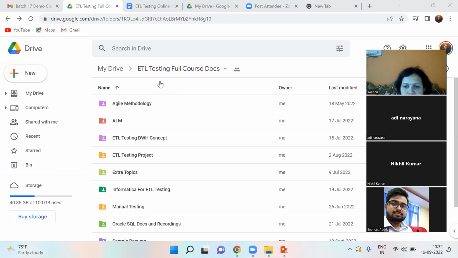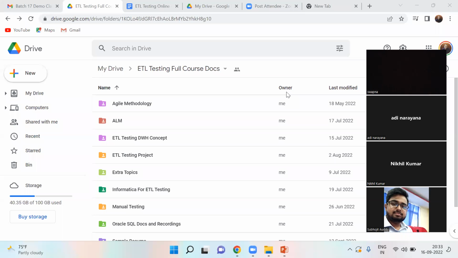Okay, so whatever you are doing as ETL testing, whatever data is generated, you have to make sure that the data loaded from one layer to another layer is correct, that it is loaded correctly, and that there is no issue in the data. These are the things you have to make sure as part of ETL testing.